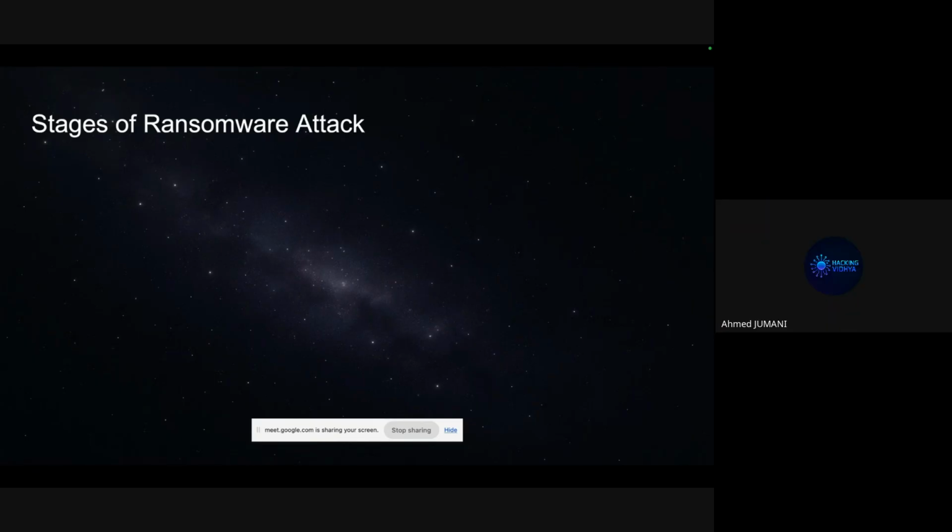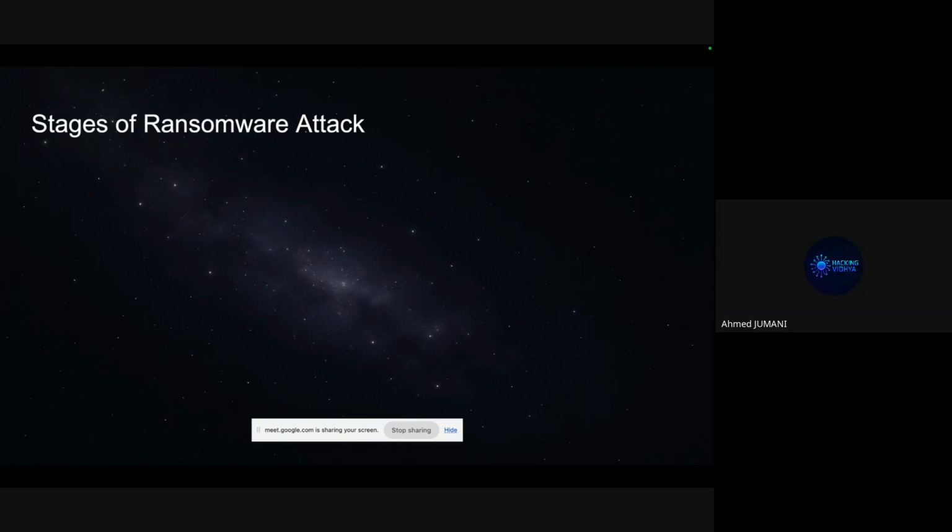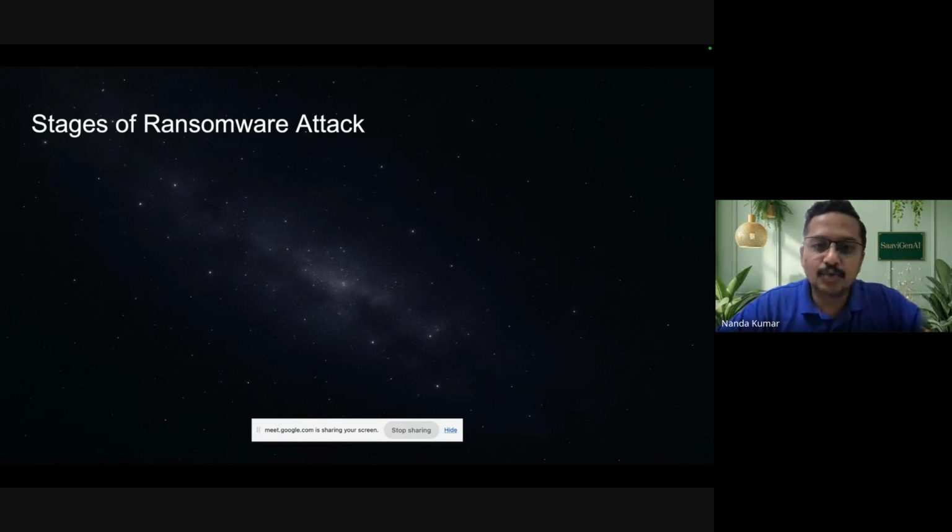Then you can do some lateral movement within the network. You are bang on, lateral movement. Once you compromise one system, you are not going to sit there. You will try to move to the other systems in the same network. Right, lateral movement. Perfect. Then you can try to inject malware. 100% yes. You'll deploy malware, but malware needs to have some task, right? What would the task be?